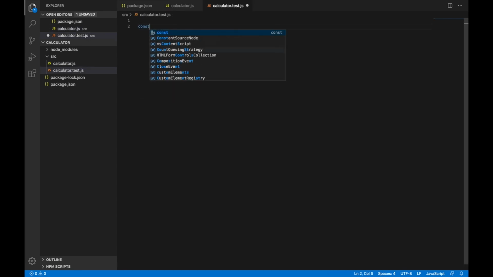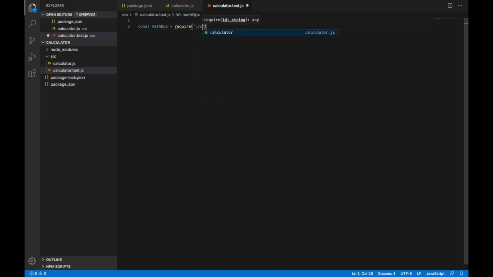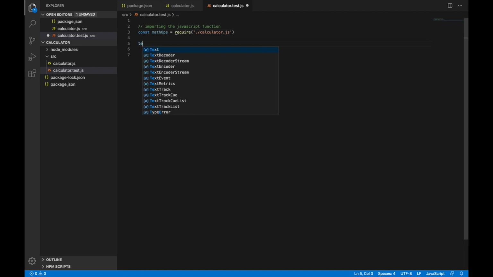So I'll write const mathOps equals require calculator.js, using CommonJS require. So I'm importing the JavaScript function. That's it. Now let's see how we can write a test for this. The syntax is you need to write the word test for a test function.